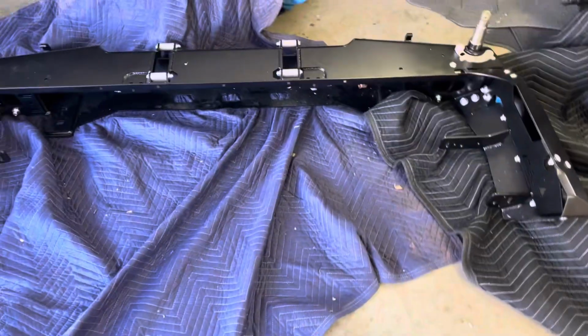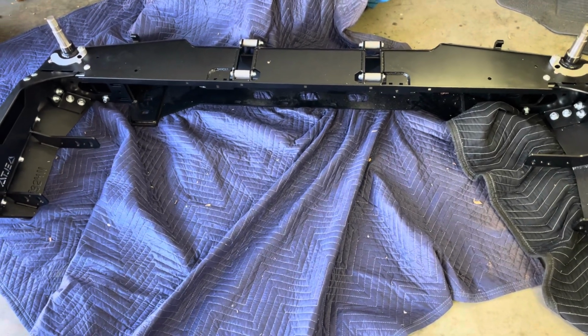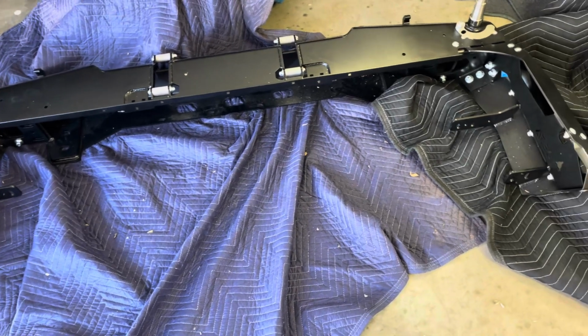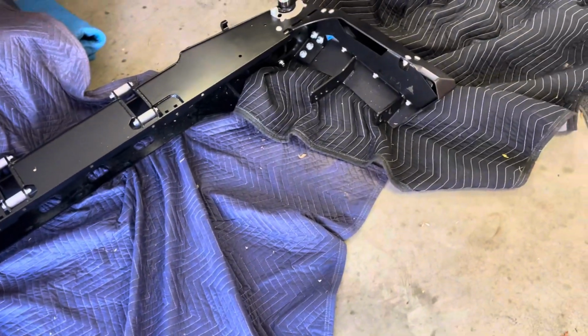Let's go over something I've been waiting a long time to finally get installed. It's my Delta Vehicle Systems Generation 2 bumper. It'll probably take me a couple of parts to get it all installed, and I'll go over a few gotchas that I ran into with it. And I'll let you know what I've got. First things first,